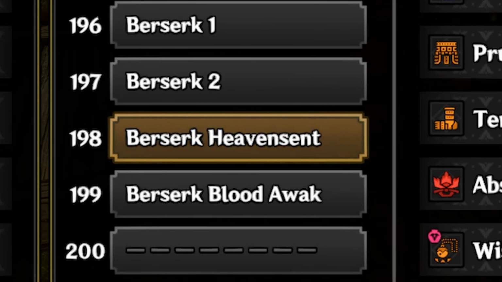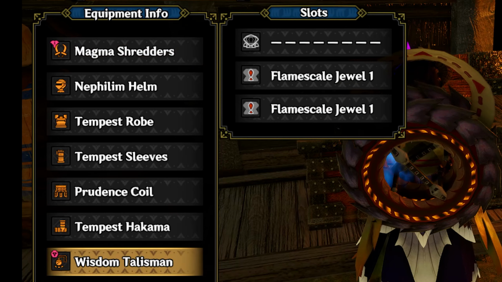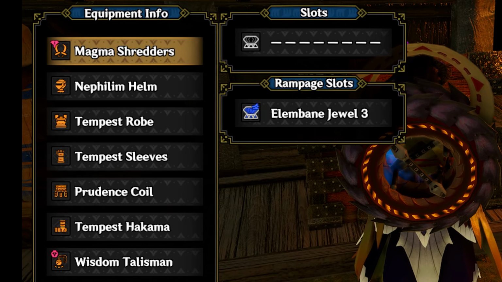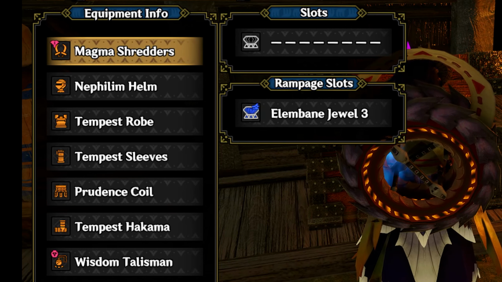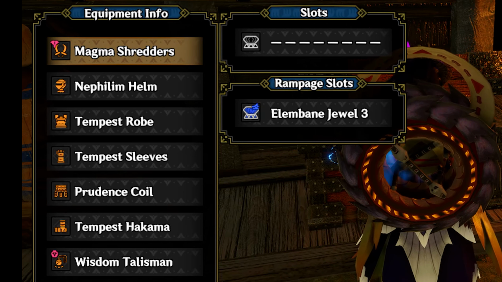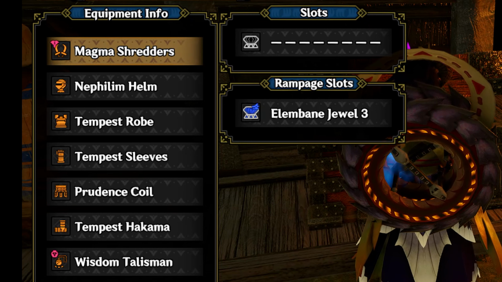Now moving on to the actual endgame builds for Berserk based around a Berserk 2 Talisman, we're going to be visiting the Berserk Heaven-sent build and the Berserk Blood Awakened build. For the Heaven-sent build, it's pretty simple. We're going to grab our Berserk 2 Talisman, and then we're going to grab the chest, arms, and legs from the Amatsu armor set. We're going to keep our Rise and Shagaru waist piece, and we're going to go back to our Chaotic Gore Magala helmet. After dropping these decorations in your armor,